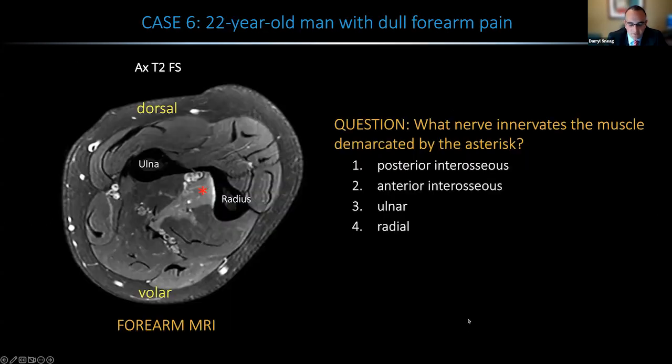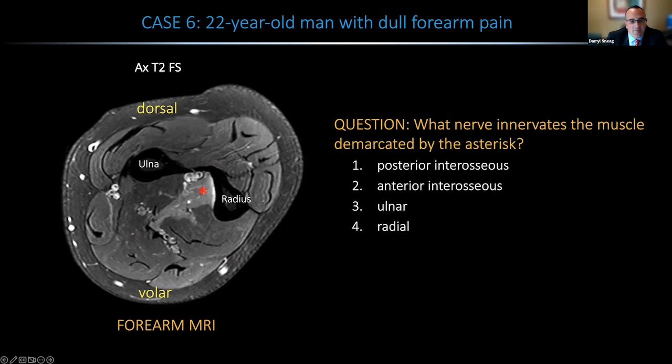Okay, let's move on to the next case. Here we have a 22-year-old man with dull forearm pain. The question is, what nerve innervates the muscle demarcated by the asterisk? I've labeled the image for you to show you the ulna and the radius in cross section at the level of the midforearm. I've also labeled dorsal and volar, but